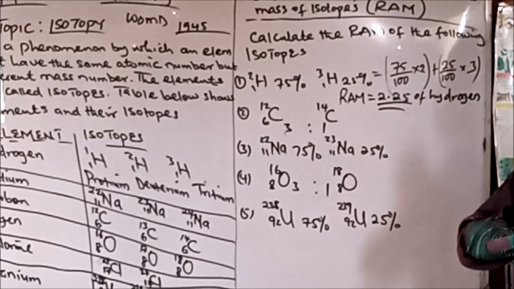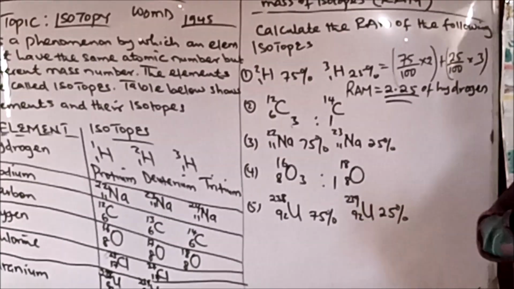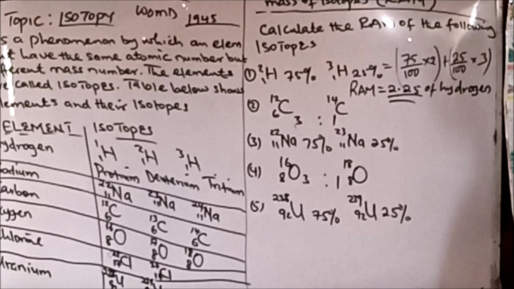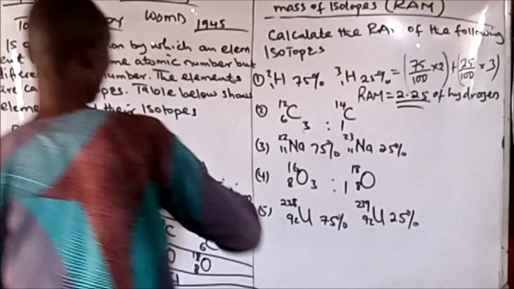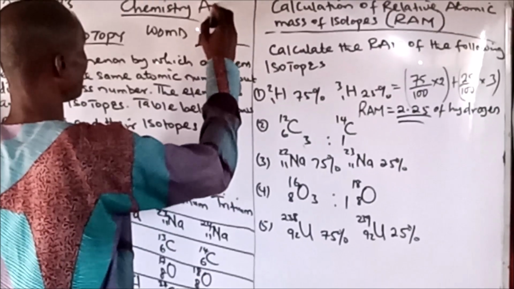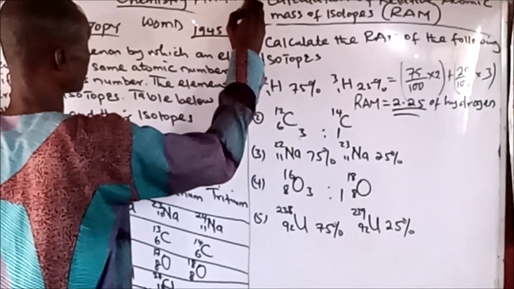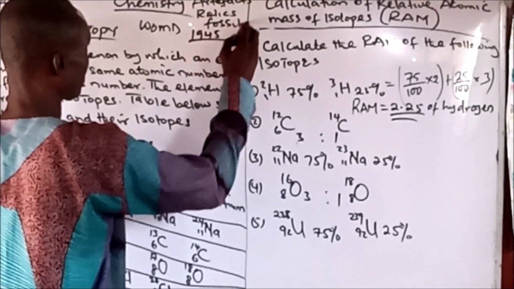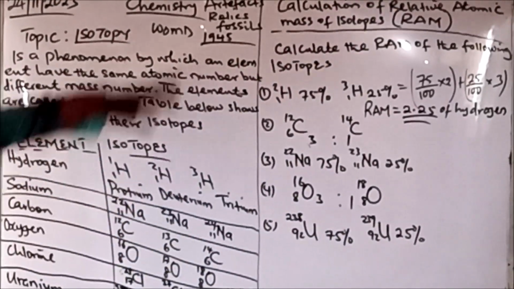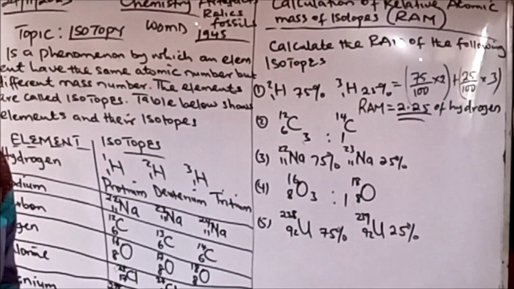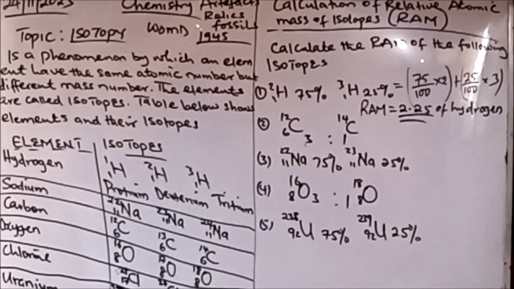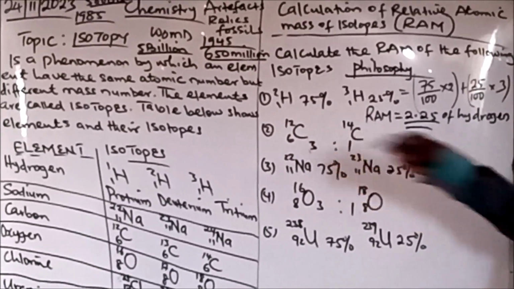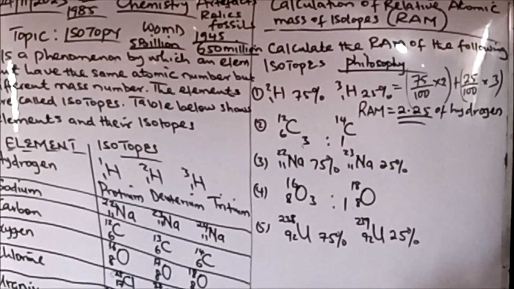What is dating? Dating is trying to find out the age of existence of artifacts or relics. Either I call it artifacts or relics. Geologists call it fossils. Archaeologists call it artifacts or relics. They are still the same thing. So 12.5 is not greater than 12 and not less than 14. So that's it. The RAM of any element is greater